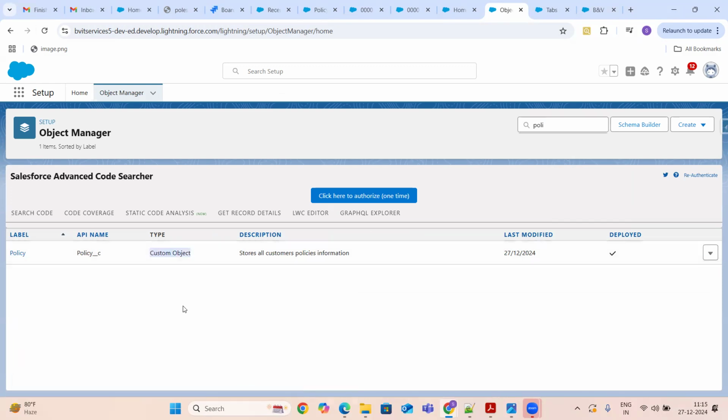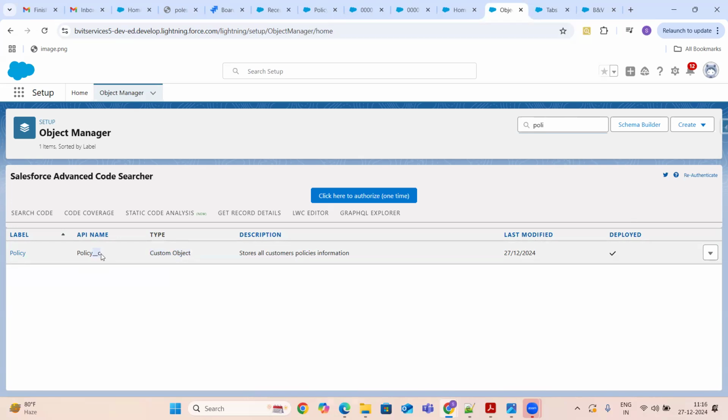Okay. So here you have the type as custom object. By looking at the name itself, how can you say that? Whether it is a standard object or custom object is this one, guys.